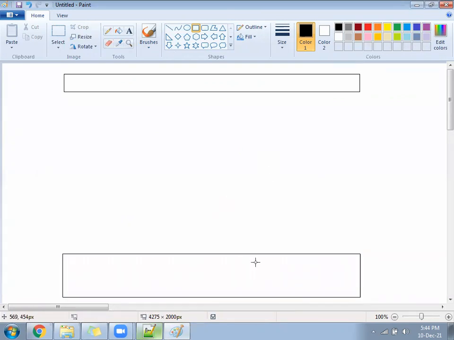Both are different. So our theory of ID and class is, in one page, one type of design you need only one time, then use the ID. For this you can write a separate ID, and for this you can write a separate ID. Using the same ID, your CSS will work, and using the same ID, your JavaScript will also work. No need to follow the class.